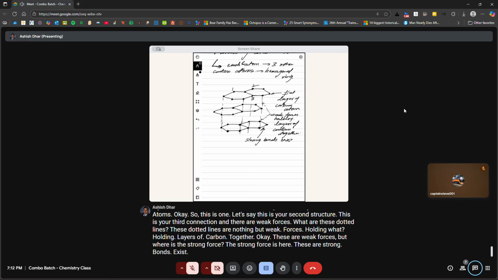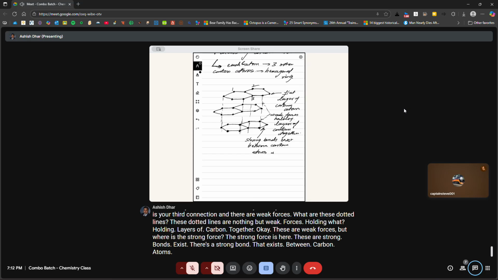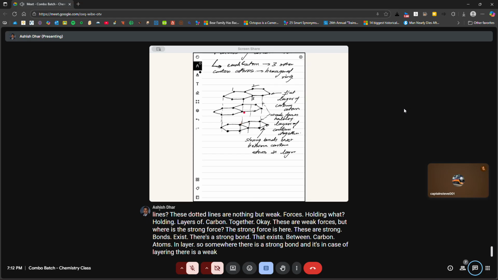These are strong bonds that exist between carbon atoms in layer. So somewhere there is a strong bond, and in case of layering, there is a weak bond, because